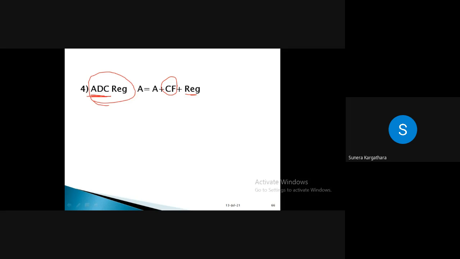Can you find any application of this instruction? See, whenever you are performing an addition or subtraction operation which is of 16-bit and your processor is of 8-bit, are you getting me, student? आप 8-bit processor से 16-bit operation कर रहे हो, so it may be possible that you are splitting your register pair and you will perform operation on 8-bit data and then you will merge it.